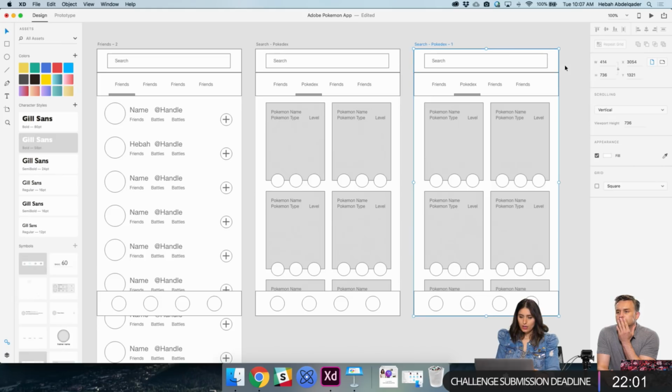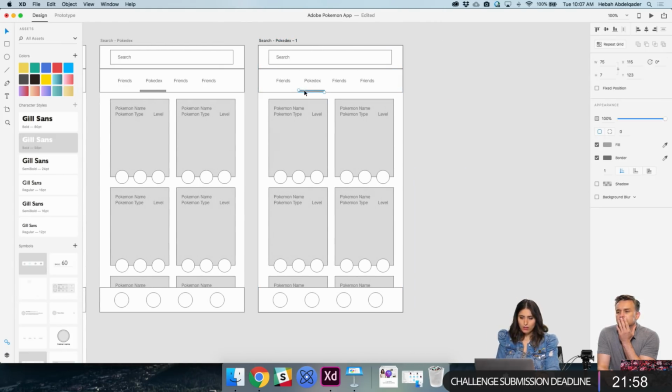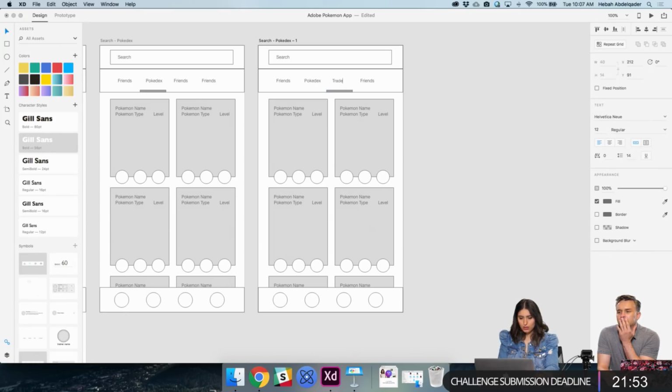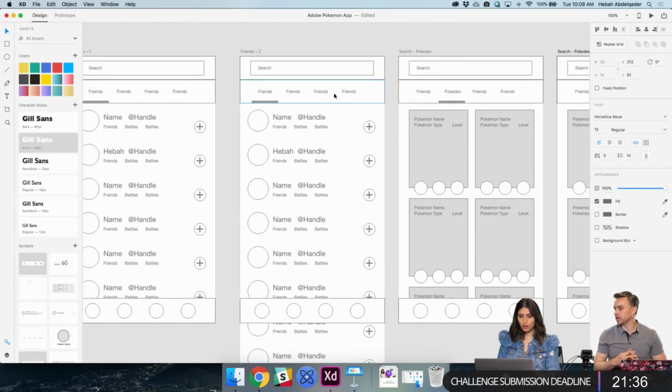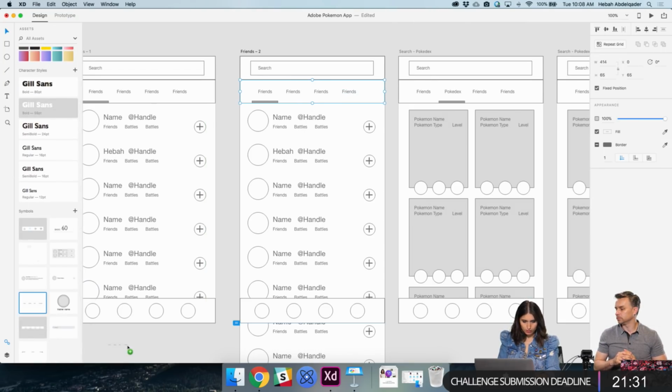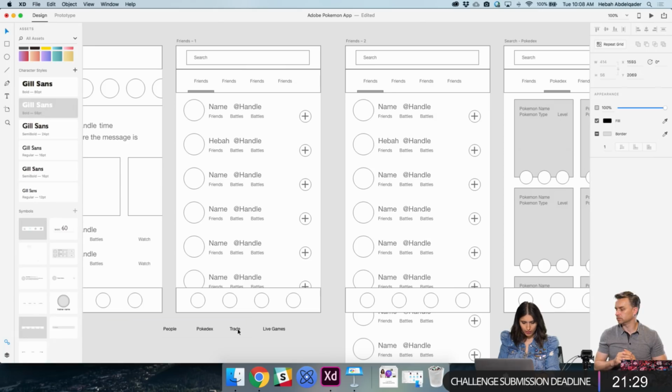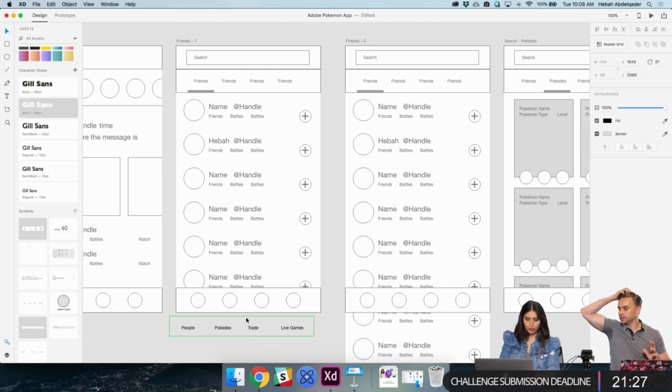Copy and paste. Now what we're going to work on is basically your trade list. Oh, by the way, if that top bar was a symbol, you could actually still change the text even though it's a symbol. So you can change the text the same way as in a repeat grid. The same thing works for symbols, which is nice. So eventually, we'll create this into a symbol. I think I have it in here somewhere. Yep, there you go. I actually built it, so I can just replace it.